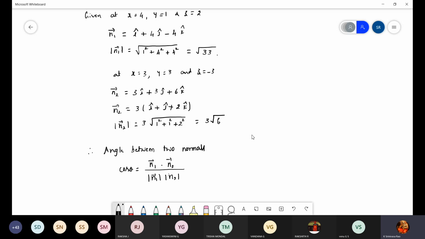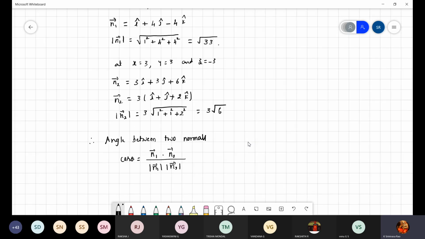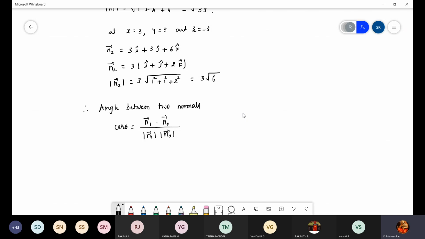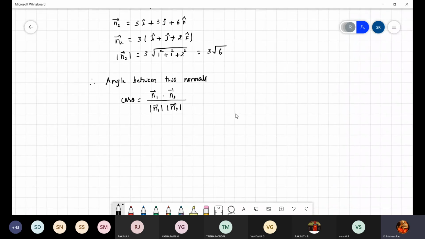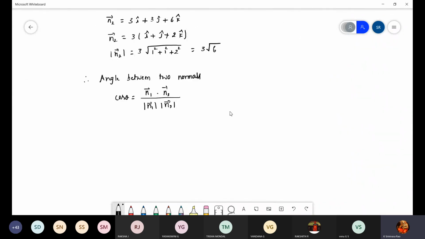So I told in the last class also, solving the problem, simplifying the problem is very simple differentiation. But the thing is, you should be perfect with the vector concepts, angle between two vectors, unit vector. Whatever they will give, unit normal, unit velocity, unit acceleration, like that they will change the question, but you should understand the basic definition.